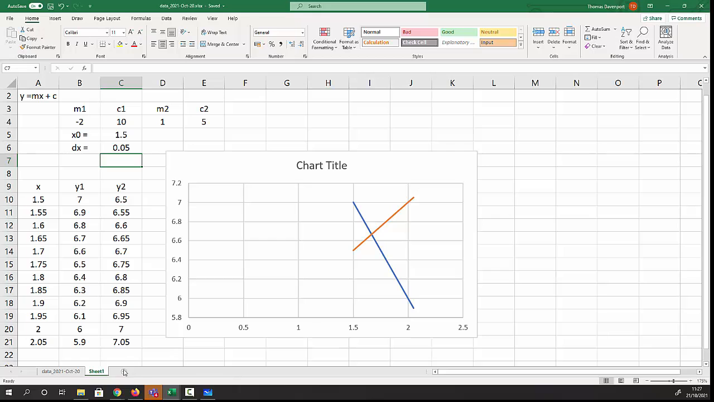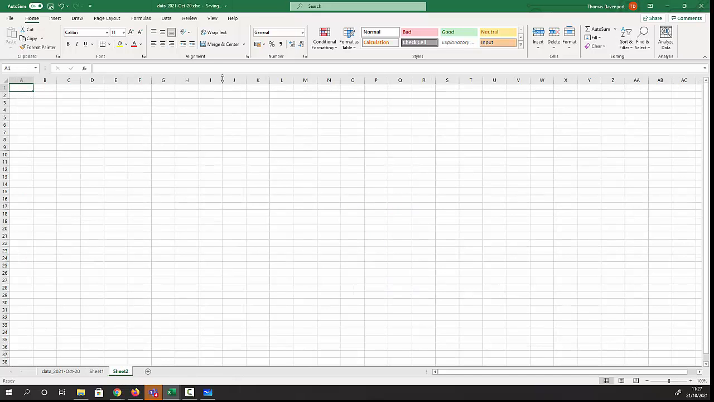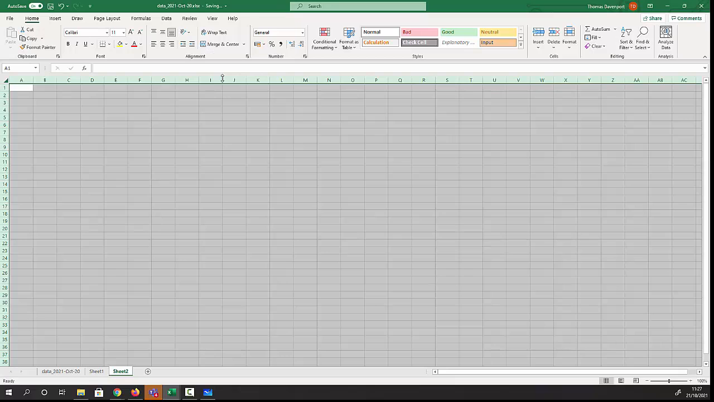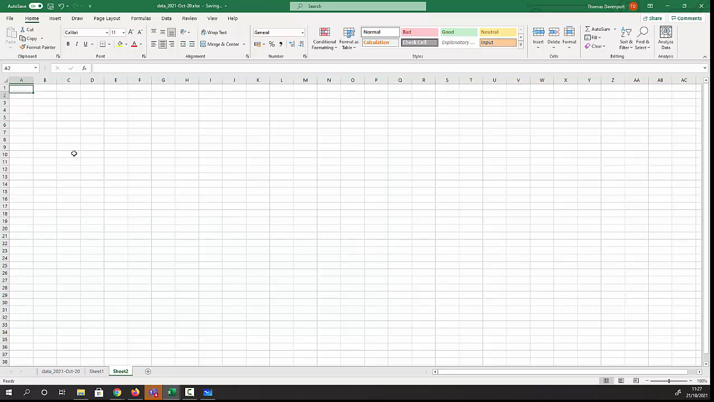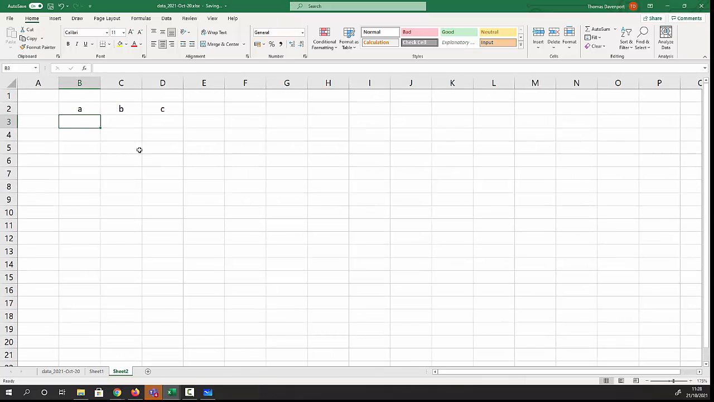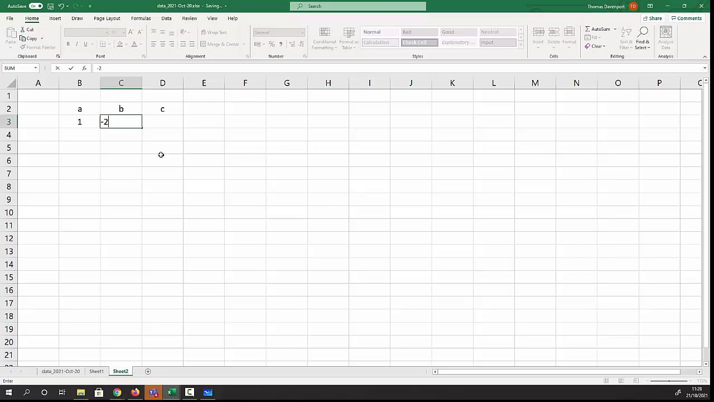So let's have a new sheet. What I'm going to do now is to graph a quadratic. So I'm going to have an A and a B and a C, and I'd like those values. Let me zoom in a bit so we can see the values. I'm going to have x squared minus 2x minus 1. Okay, so that's my quadratic, and then I'm going to have here M and C, which is going to be my straight line,